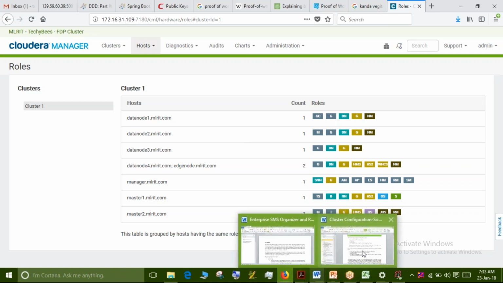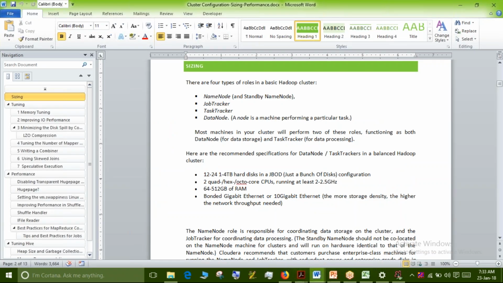That's the reason why we are talking about this. Two quad, hex, or octa-core CPUs running at least 2 to 2.5 gigahertz. 64 to 512 GB of RAM. 10 gig, not 1 gig, 10 gig Ethernet, because